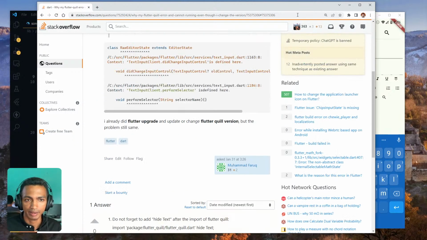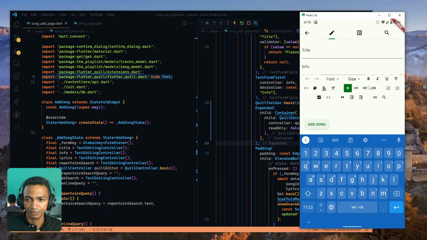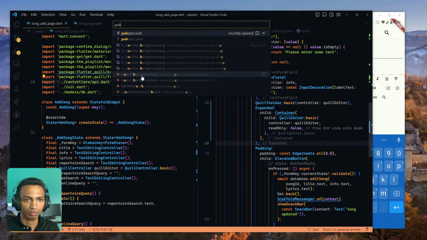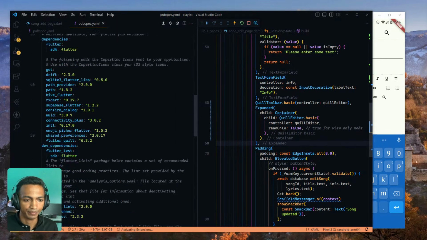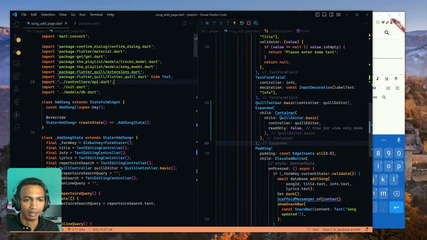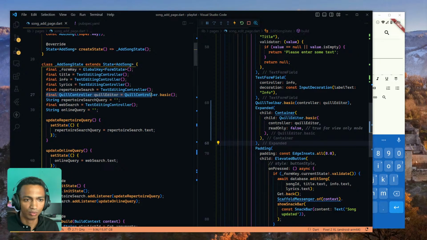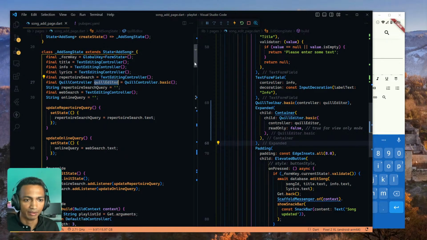That's how I made it work here. And as you can see, this is the editor here. So let's see if we can get something out of this. The first thing we've done was, of course, to add Flutter Quill to our dependencies, and then inside this song add page, we have created the Quill controller, Quill editor controller, and after setting it up,